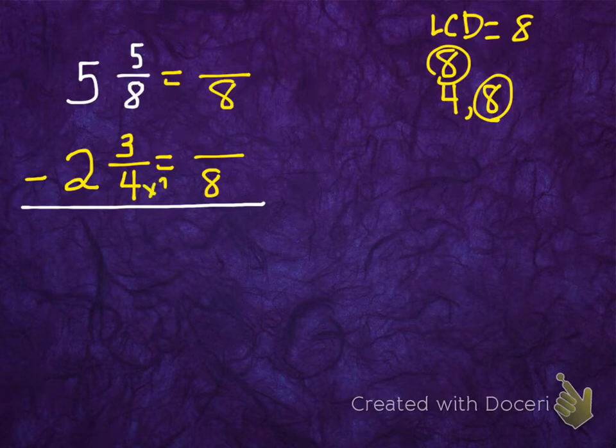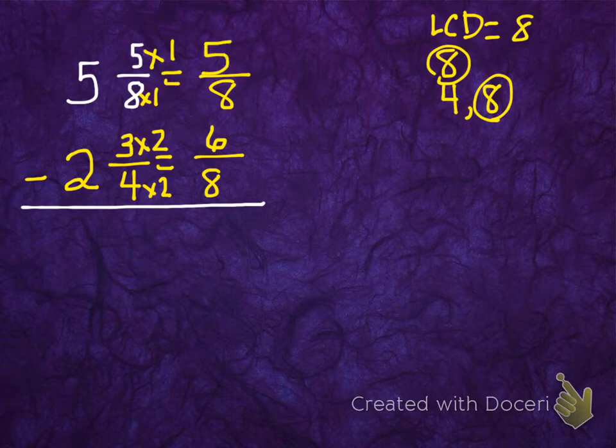4 times 2 is equal to 8. So 3 times 2 is equal to 6. Here, 8 times 1 is equal to 8, and 5 times 1 is equal to 5. Now, here's where we have a little problem. 5 minus 6 isn't going to work. So I am going to have to,